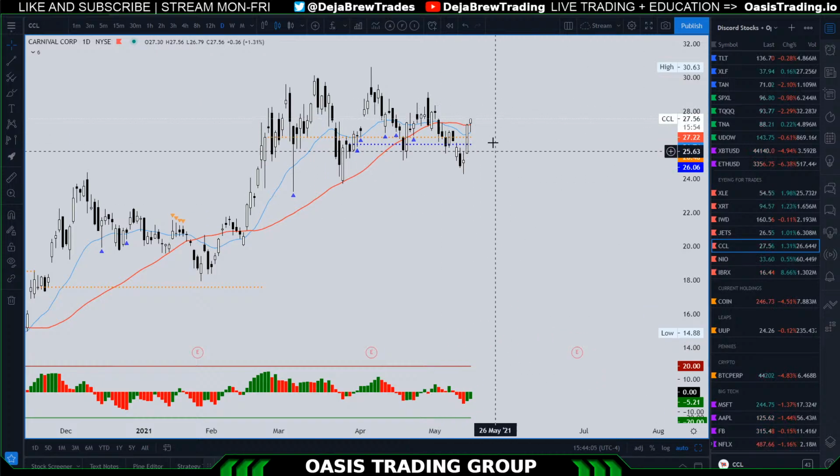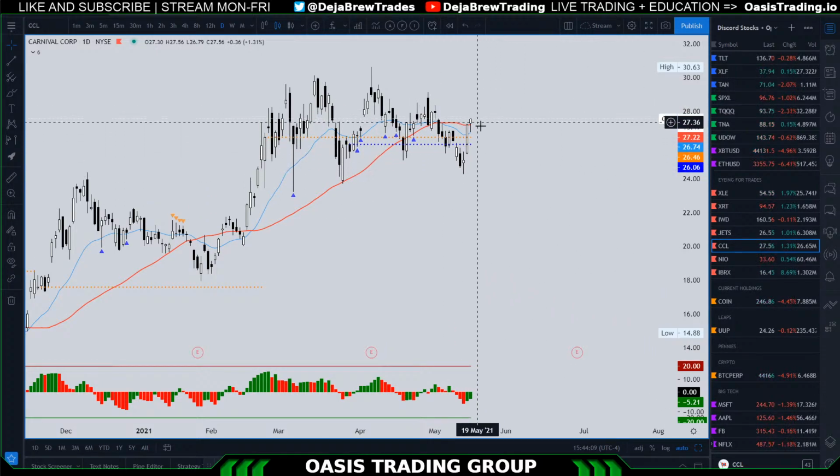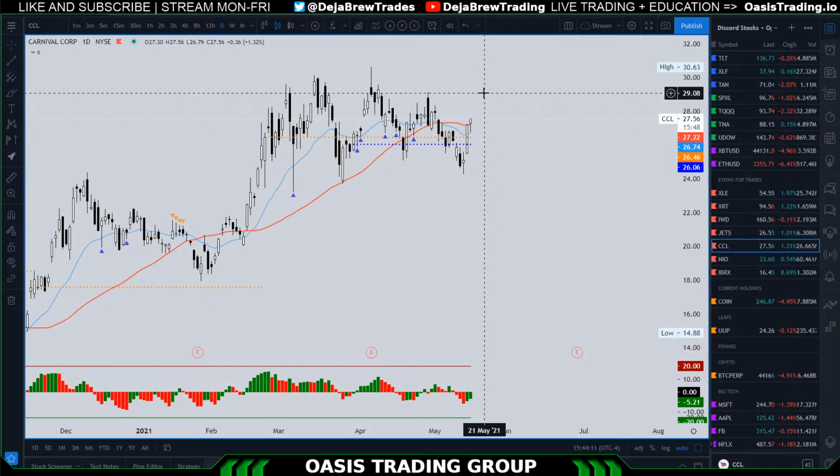Look at cruises too, like CCL. You're breaking out of a nice little downtrend here. If you can start to find a lot of value around 28 to 29, I think this definitely goes higher. I think cruises are going to do very well on the last quarter, Q4, into Q1 of the next year. The problem is we have to see how these first few cruises perform, because Norwegian is